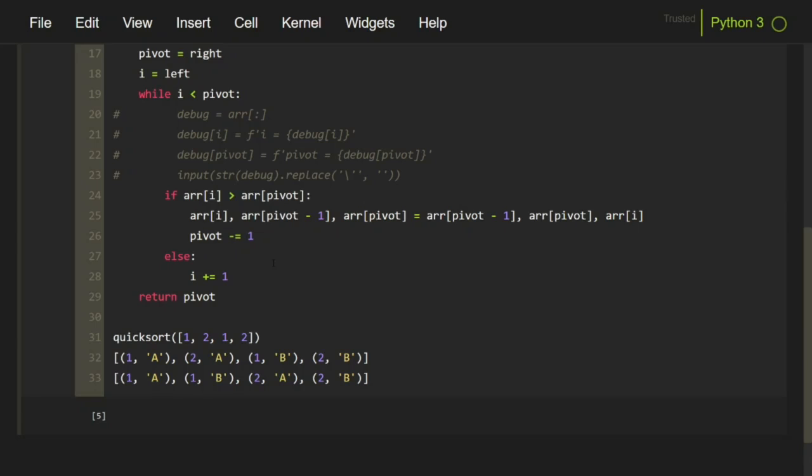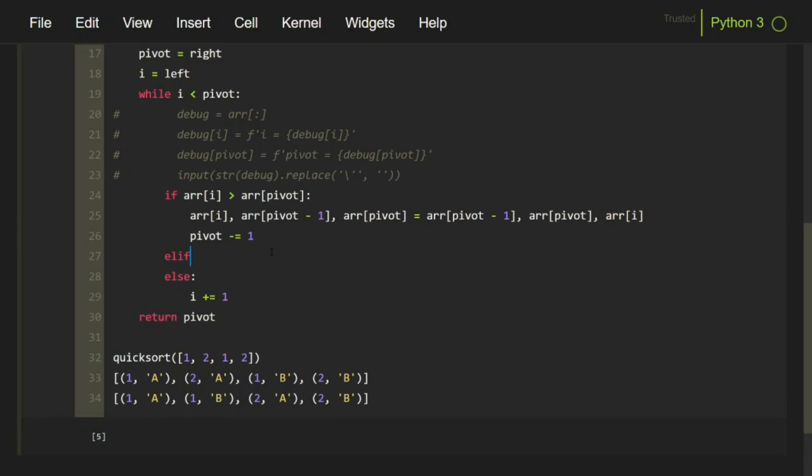but we can convert any sorting algorithm to a stable sorting algorithm by including two keys at a time. That is the original key and the index. If we consider this example, we can convert this entire sorting algorithm to a stable sorting algorithm if we incorporate the indices as well. So we can put this condition, that is if these two elements are equal, in this elif part: elif the ith element and the pivot element are the same, we can look into their indices,